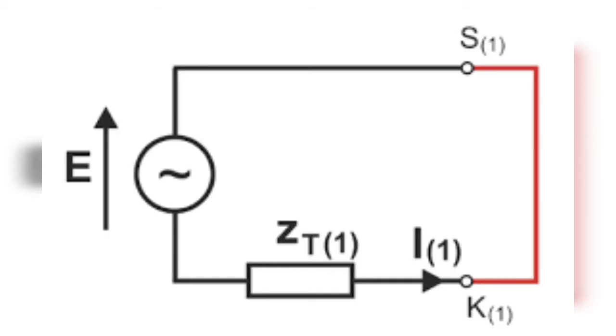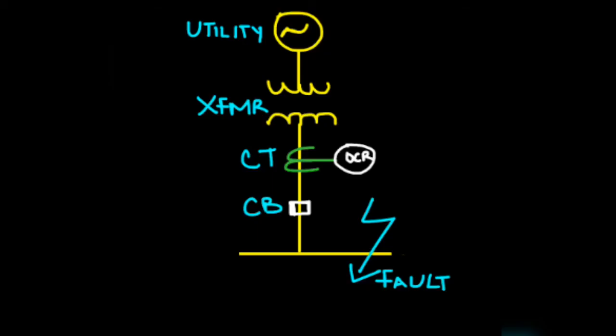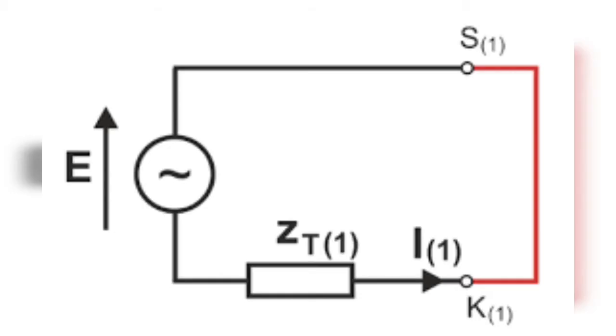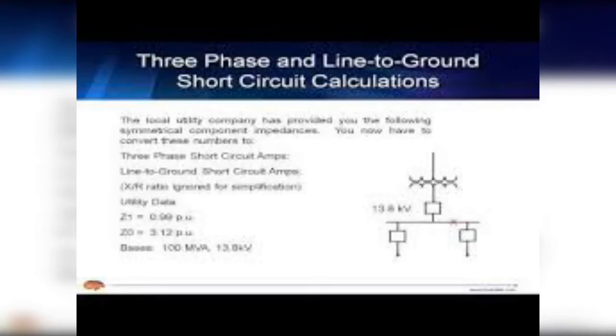So our first question is, how do you calculate the fault current? Fault current calculation is based on Ohm's law, in which the current I is equal to the voltage V divided by the resistance R. The formula is I equals V upon R, where in a short circuit the resistance becomes very small, and that means the current becomes very large.